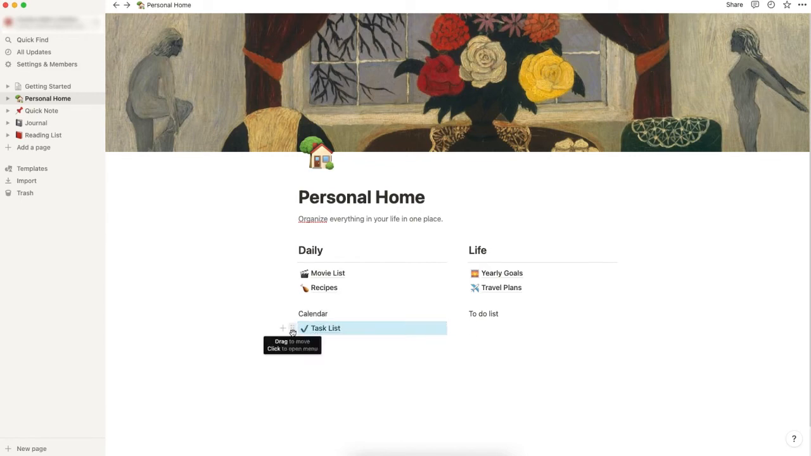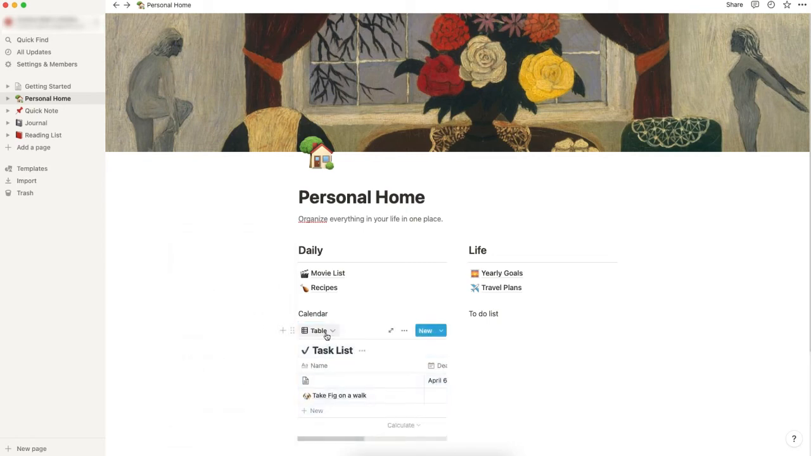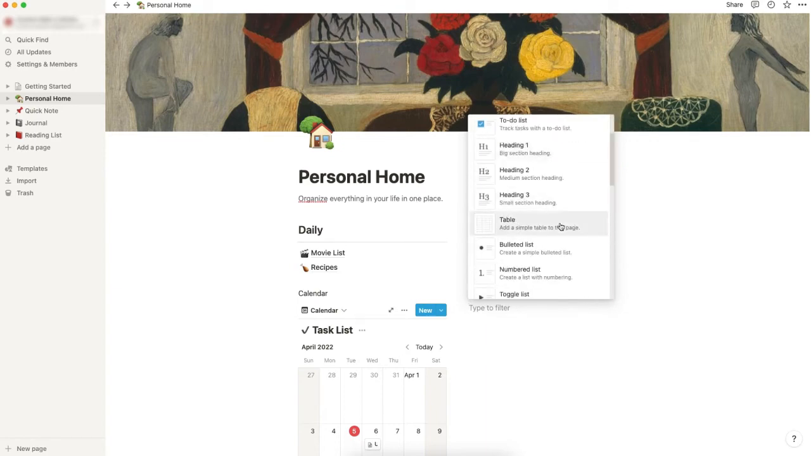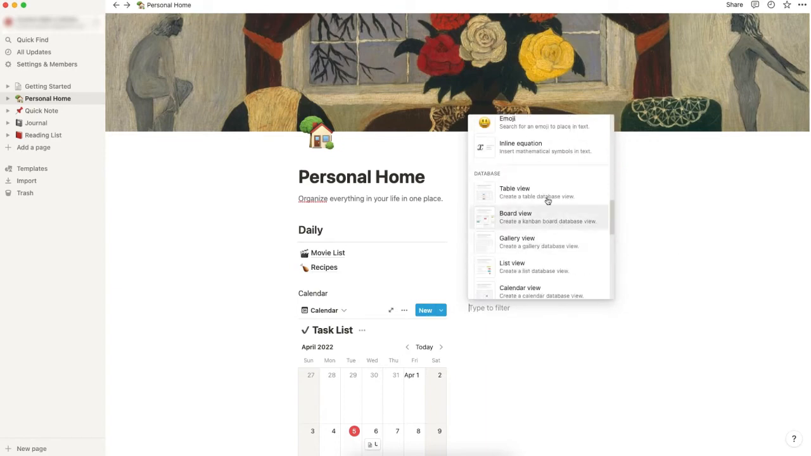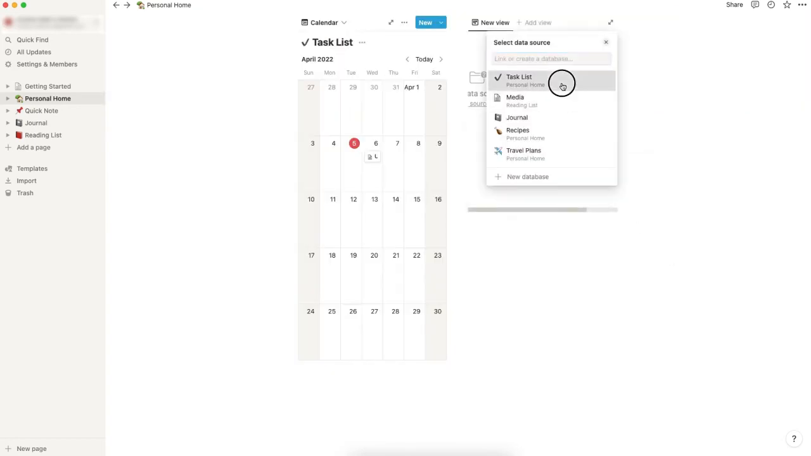Now click this 6 dots and turn it into inline. Change it from table to calendar. And now let's go here and you will see there is like a little plus sign over here, and scroll down and you will see board fill. Click it and choose task list,